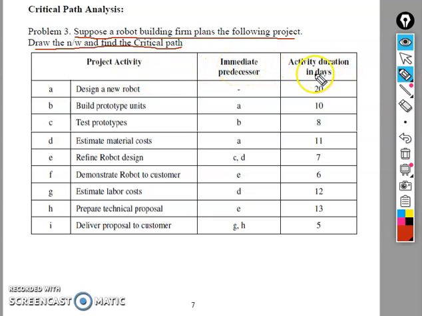The project activity, immediate predecessor, and the activity duration in days are given. The question is to find the least time required to complete the